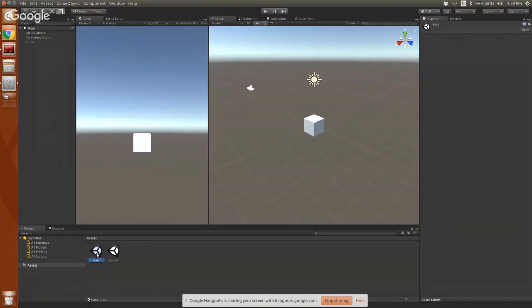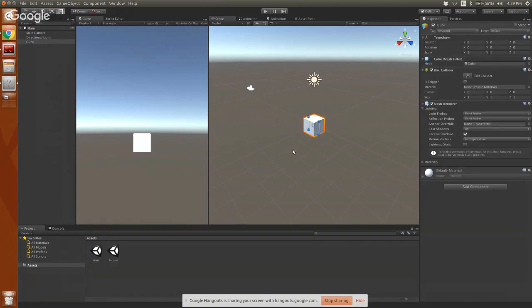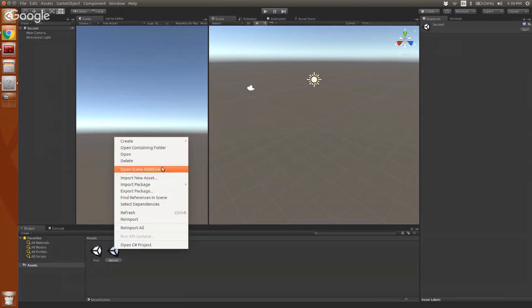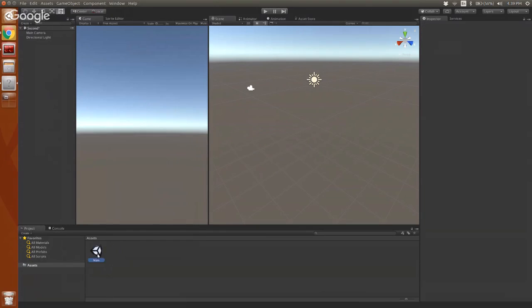So we now have that main scene that has a cube in it that we can interact with and do whatever. And if we double click on second, we have a second scene that is for whatever is secondary. So they work just like anything else you'll bring into your project, like scripts or images or anything like that. It's all going to show up in this assets pane below. And so you can think of them just as another object that you're dealing with or making more of or not. Like I said, in general, you're only ever going to really need one. There are situations, but for the vast majority of things, you'll only ever need your one main scene. That make sense?